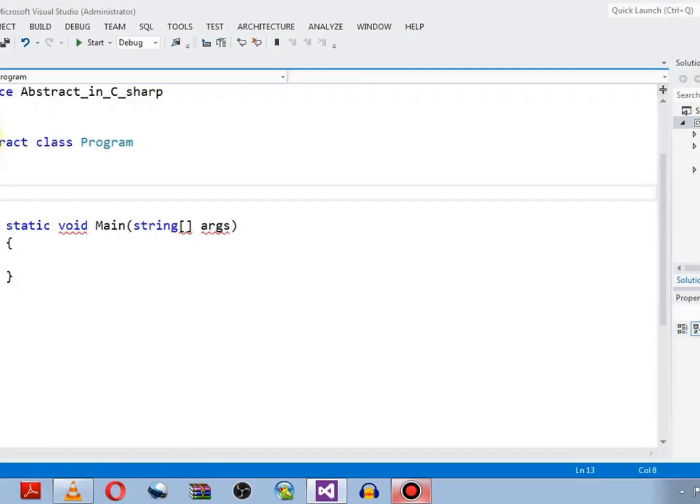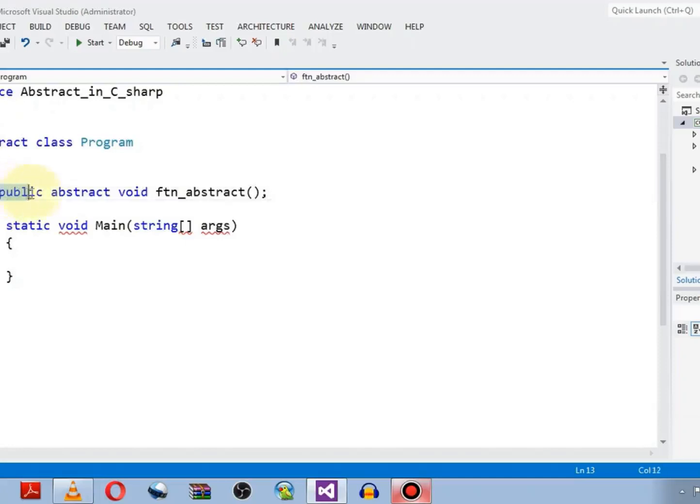First, let's say the first one is an abstract method: public, then keyword abstract, then the return type, then the name of the function, let's say ftn underscore abstract and the semicolon. So we have just declared the abstract method.